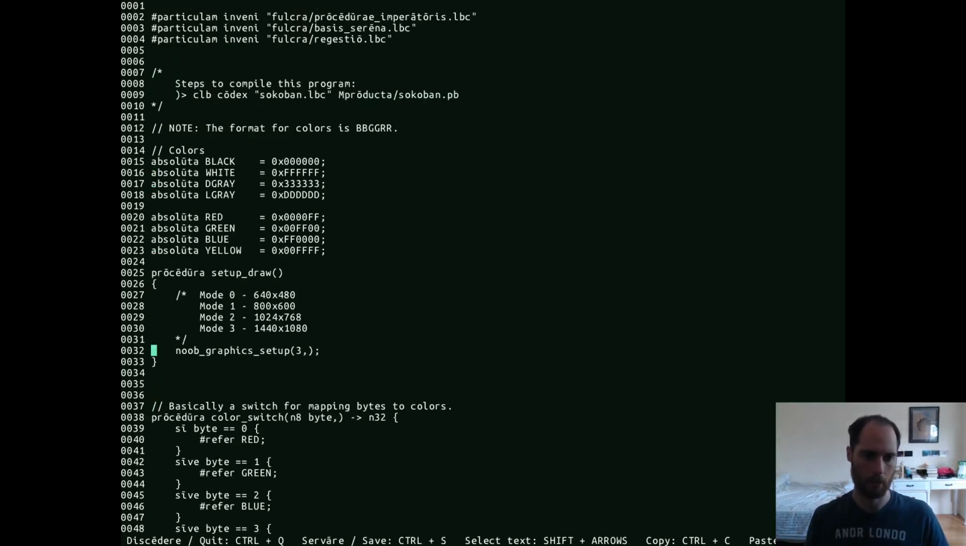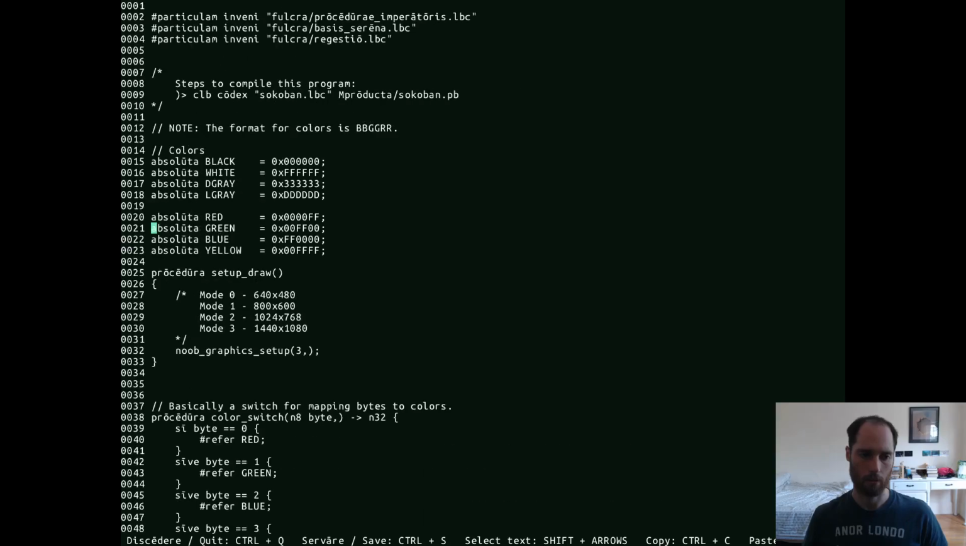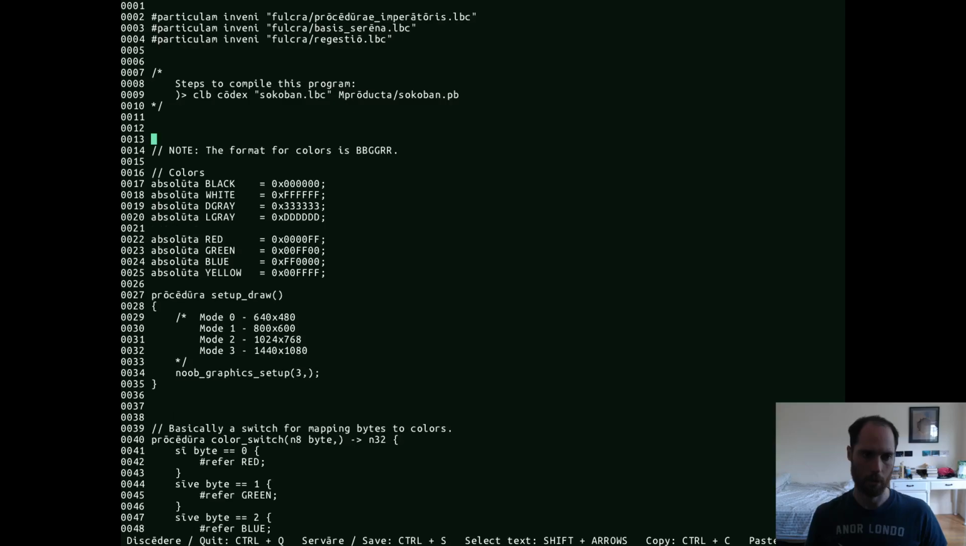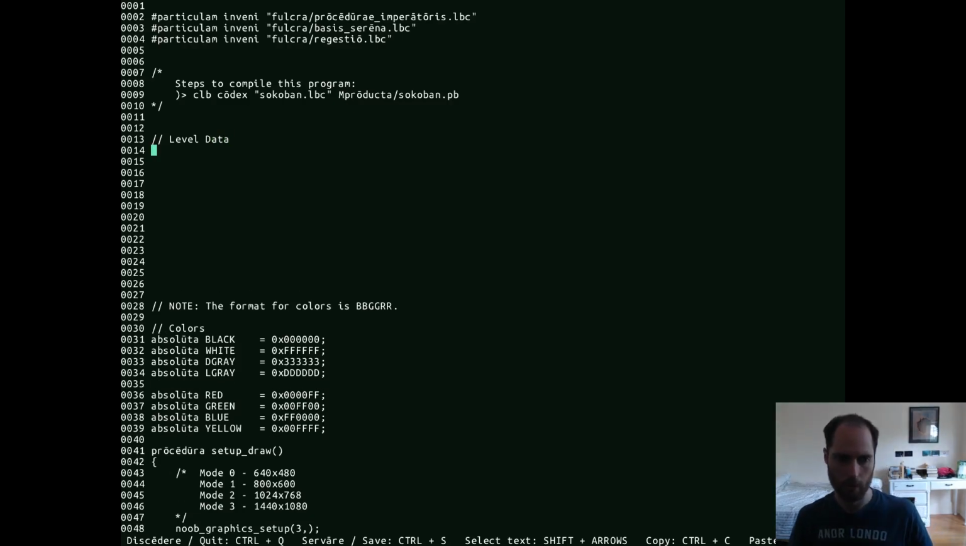I should put this in the game. Where should I put the level data? I'll put it at the top here. Level data. Okay, Sam says let me make a paste bin thing. Okay, so we want to say,